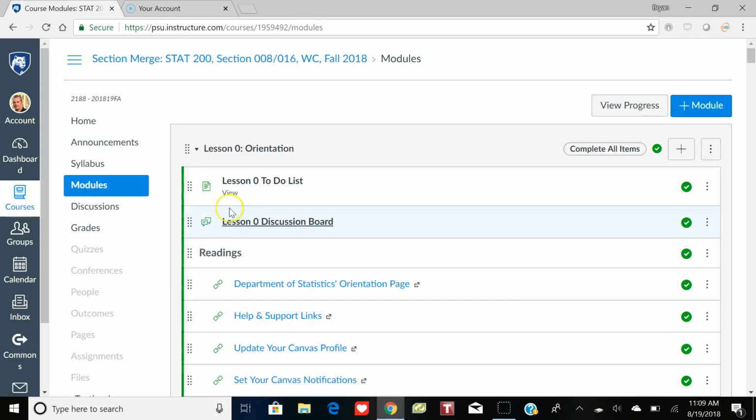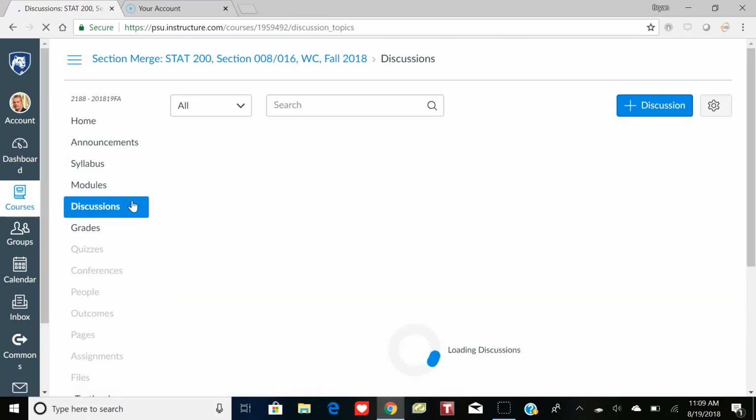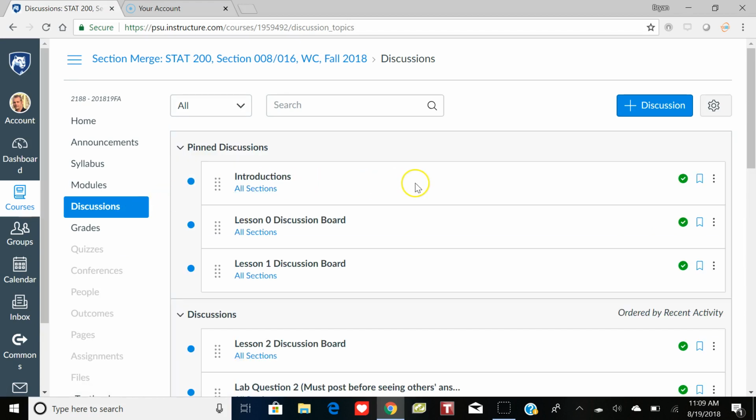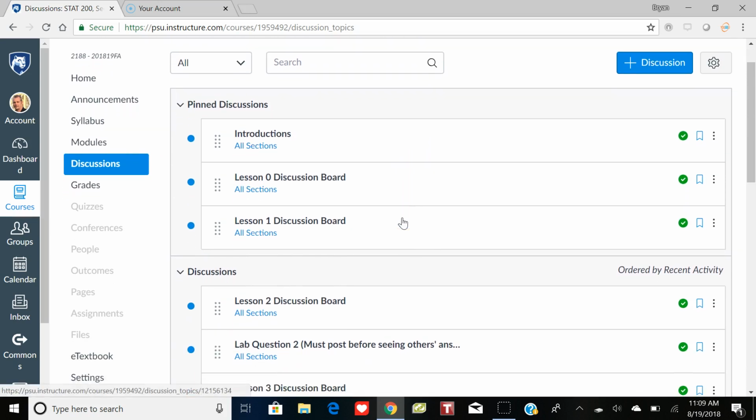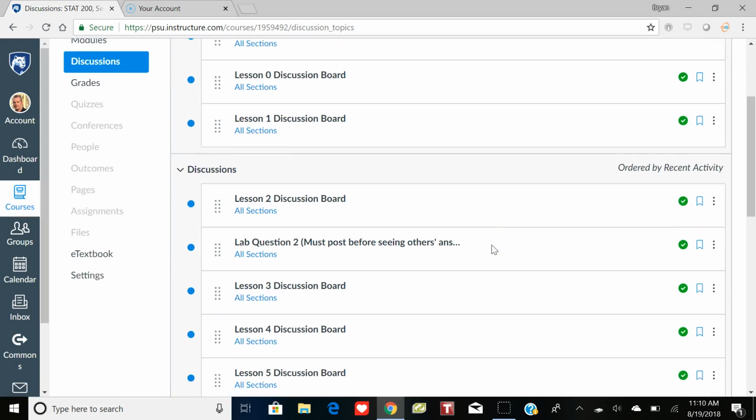So the modules are very important. Discussions, as I said, that will be an important part each week, where we can hopefully interact with each other. Some of these have requirements, not all of them, in fact not most of them, but the introductions, we give you a few points so that everybody gets an opportunity to learn about you and your major and your life. And then down here in Lab 2, you're going to have to post to get points before you can move on, as we learn what's called an equation editor in Canvas, so that we can communicate with the mathematical notation.